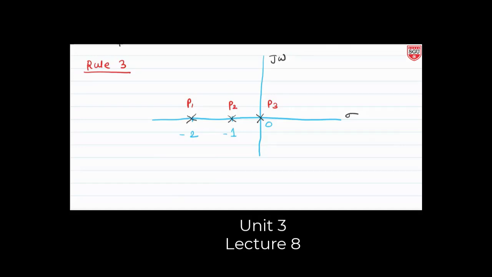What we have to do? Here I will take 1 point, here I will take 1 point. Let's say this is x1, this is x2. How are we finding out the direction? Odd number of zeros or poles, check that rule. We have to stand at this position x1 and look towards the right side. How many poles and zeros are there? 2. Is 2 odd or even? Even.